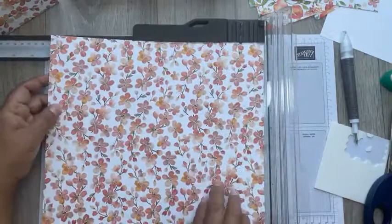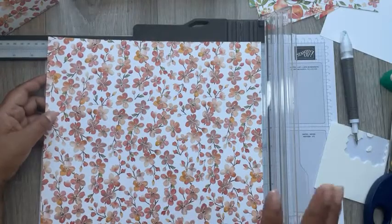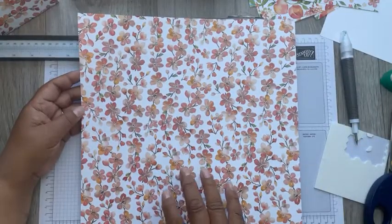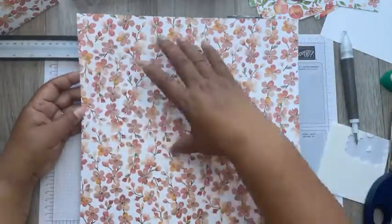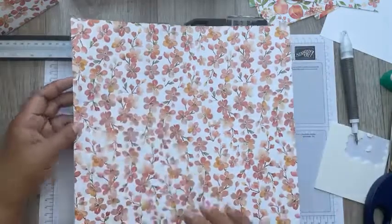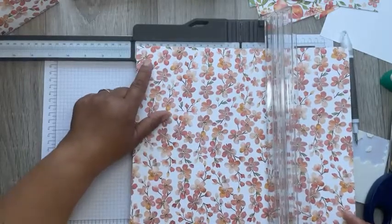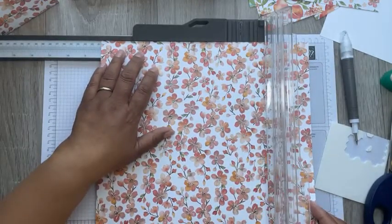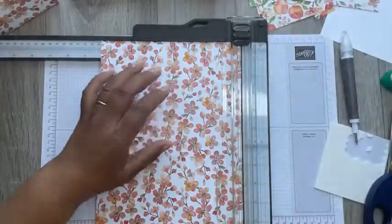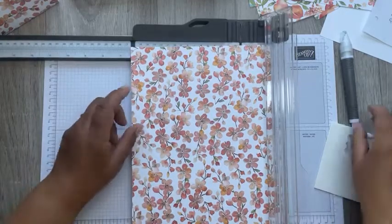Right, so this size paper, full size, 30.5 times 30.5. If you've got a directional piece of paper, you'd want it to go vertical because it's going to go upright. So I'm going to keep it at 30.5 at the top, and then 20.5 I'm going to cut it. So I'll just get my dimensions here. So keep it on the short side